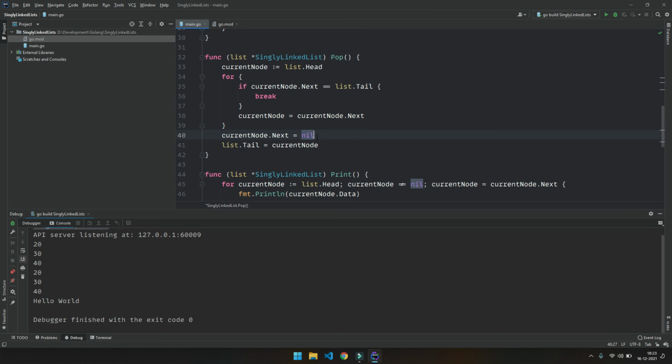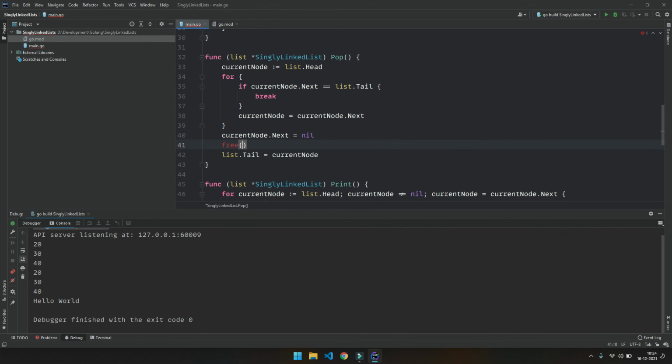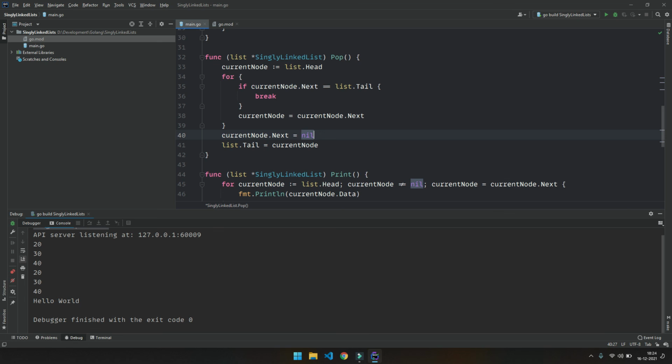And in Golang, if we have nothing pointing to a variable, the Golang language will automatically free that variable from our memory. If we are in C++, we need to manually run the free command to remove the tail of our list from the memory. But in Golang, whenever there is no reference to the variable, which in this case is our list tail variable, the variable will be removed automatically from the memory, so we do not need to free that.